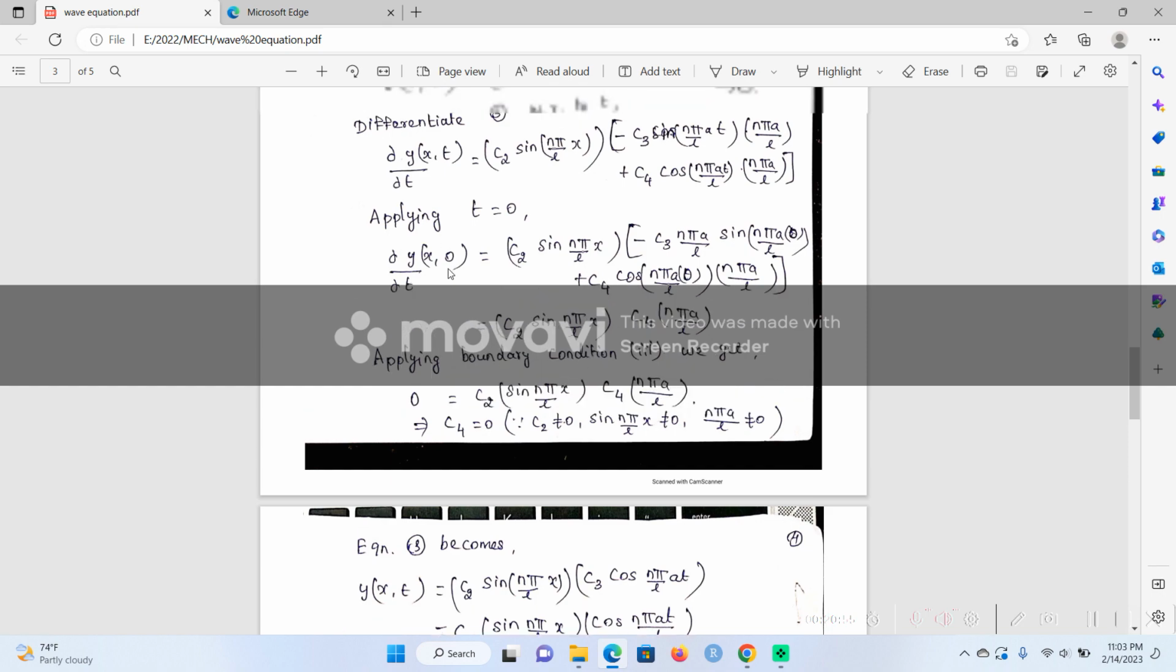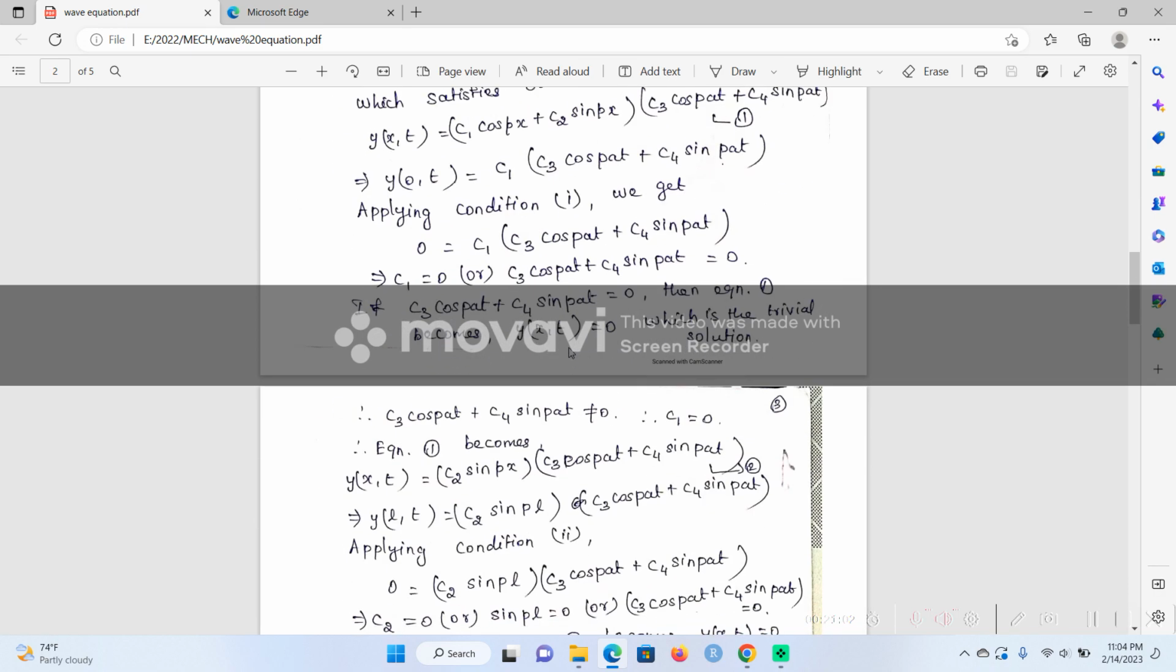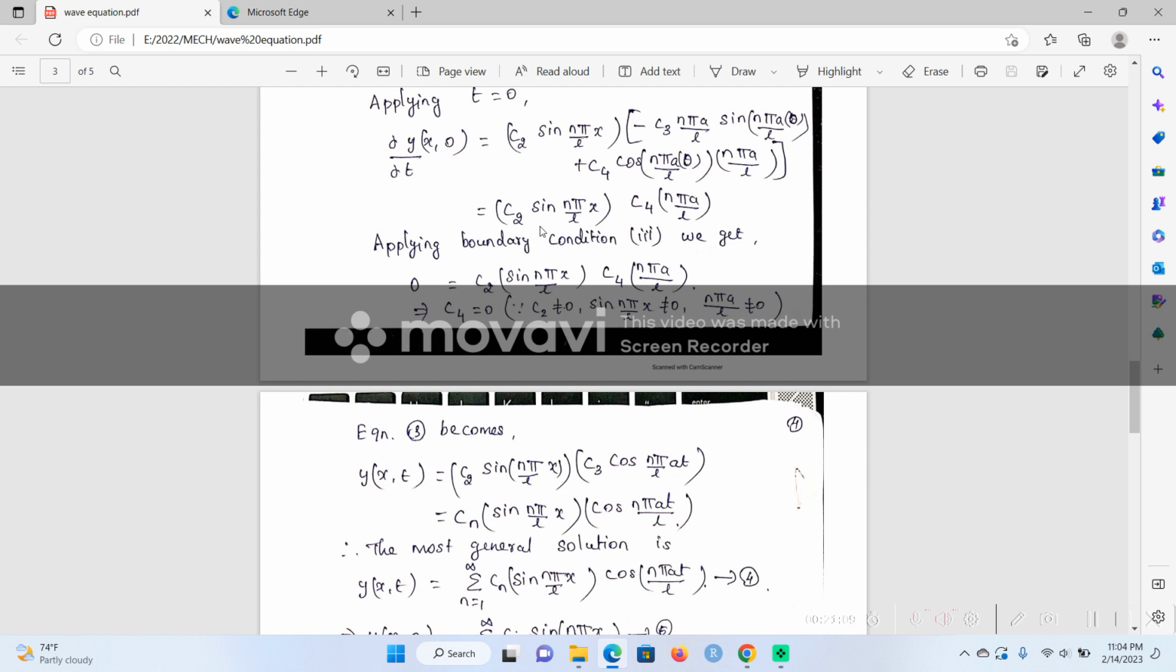Now applying the boundary condition. Our boundary condition 3 is ∂y/∂t of (x, 0) equals 0. Putting that value 0 here, you get 0 equals C2 sin(nπ/L x) times C4 nπa/L. From that we can conclude the C4 value will be 0 because C2 is not equal to 0,